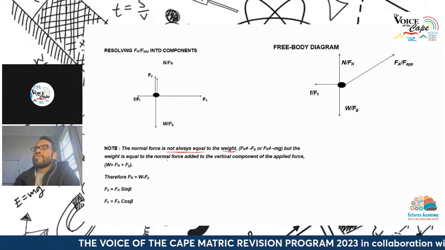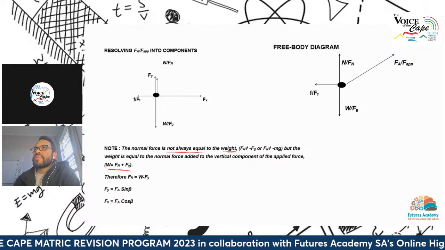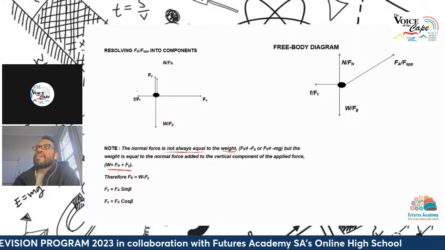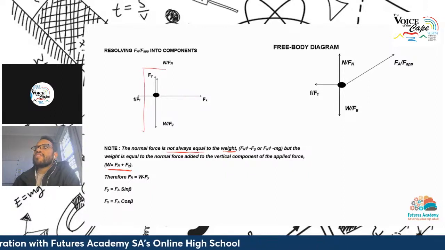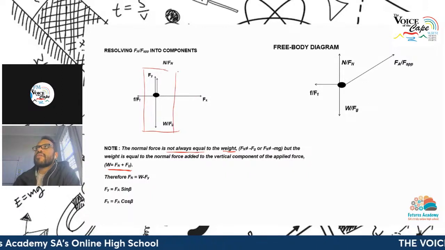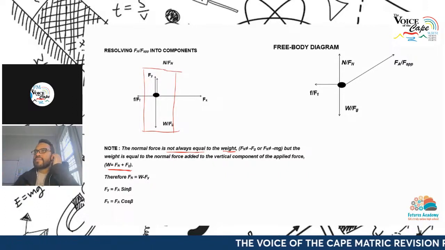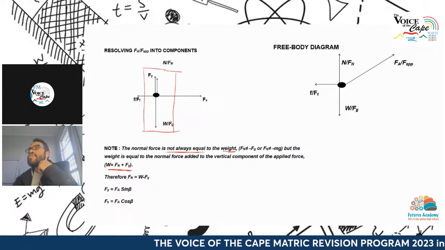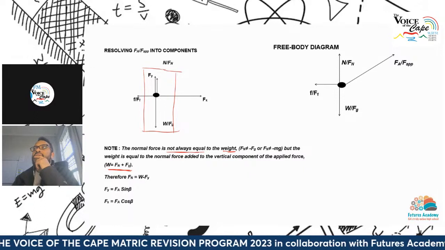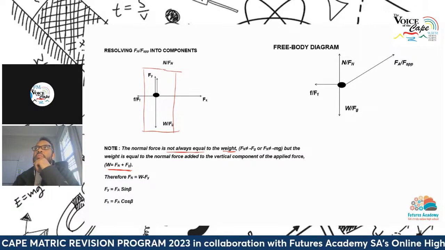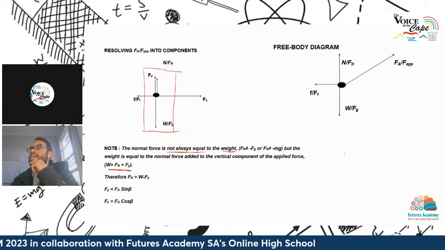But the weight is equal to the normal force added to the vertical component of the applied force, this here. Why? If we ignore these two forces, the horizontal component, and we isolate and only start looking at the vertical components here, let's also say that the object is not moving up and down, right? So when I say the object is not moving up and down, I know that, remember, the sum of all the forces here will be 0 in the vertical plane, right? So